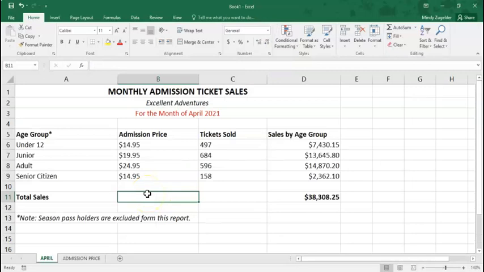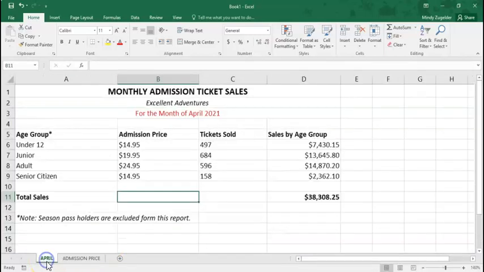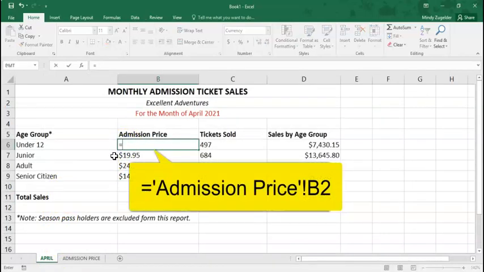Alright, number 3 wants us to correct the admission price for the first age group, under 12, in the April worksheet. So we're going to do something special. Instead of just changing the price, we're going to key some information in and reference back to this admission price. Over here, we're going to reference back to that pricing there. So we're going to come in here and type in an equal sign. We're going to add an apostrophe. We're going to add admission price, and that's going to refer back to that